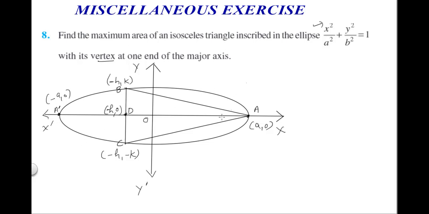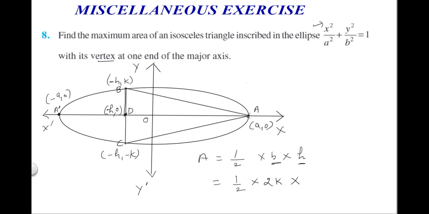Find. Now what will be the area? If you see, area will be 1 upon 2, half base into height. Now just see, half into base. This BC is the base. If we see the total length, this is k length and this is also k length. This negative sign just shows it is lying in this quadrant. Otherwise, because for base and height we are concerned with the magnitude, we are going to ignore the negative sign. So we just have k plus k as 2k length as the base into height.